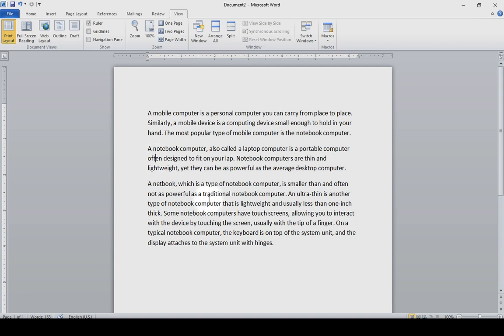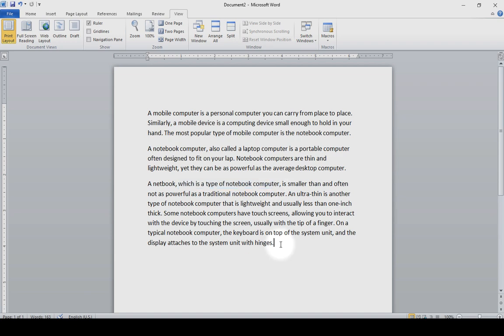There are situations where we are not necessarily required to select a word, paragraph or a sentence. We have to do some random selection in order to select any amount of text, which is not exactly a word, not exactly a sentence or a paragraph. We can place the mouse pointer over the first word that we need to select and drag the mouse pointer over the text to be selected.